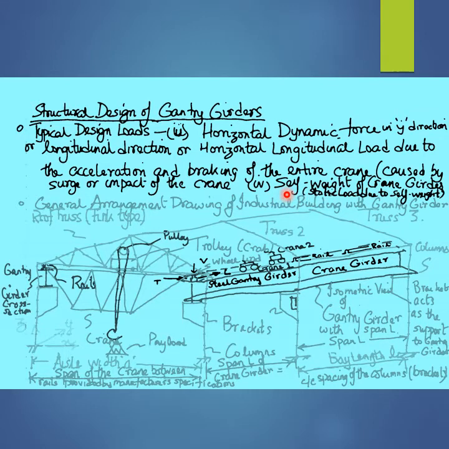The fourth typical design load is the self-weight of the crane girder or the gantry girder. That is the dead load due to the self-weight or the dead weight of the steel gantry girder or the crane girder,